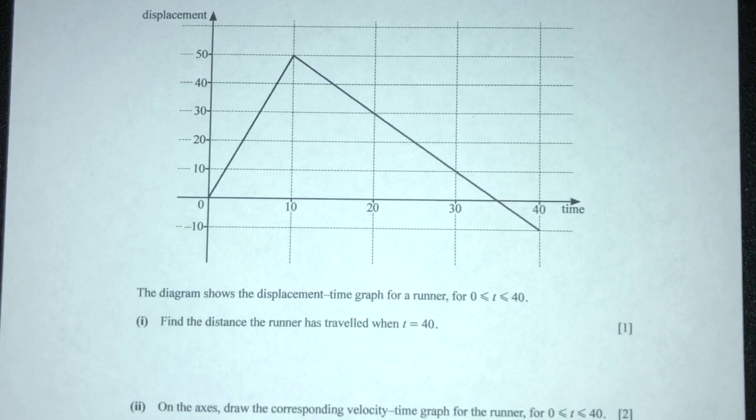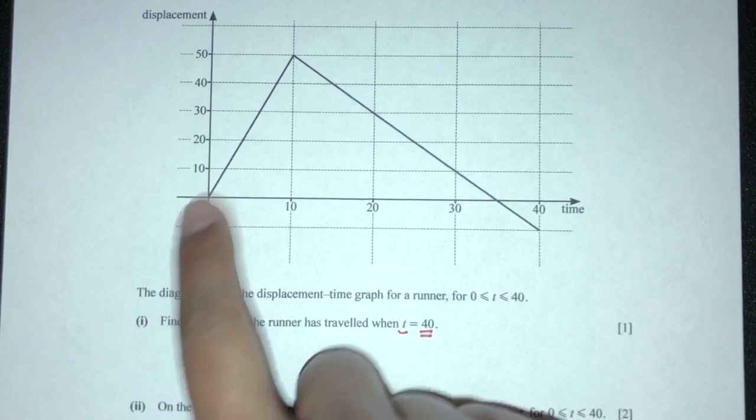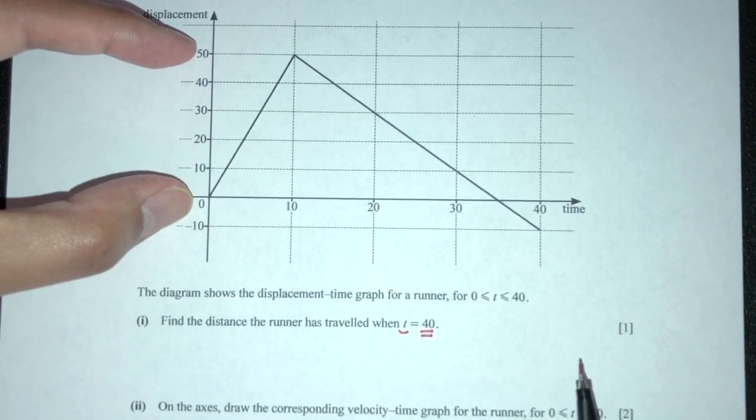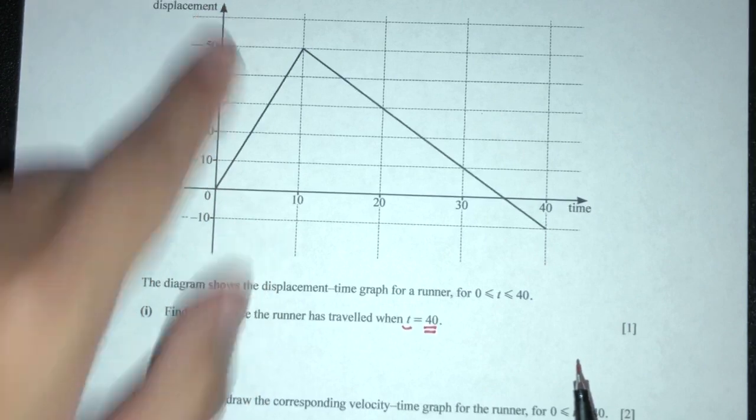Now part 1, we have to find the distance the runner has traveled when time is 40. So what is the distance he has traveled? Pretty easy. We just have to find distance traveled, not the displacement. It will be this part and this part, right? First, it will be this part, which is 50 in this direction. So 50